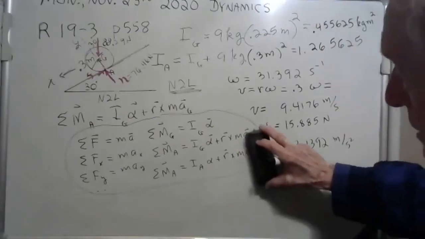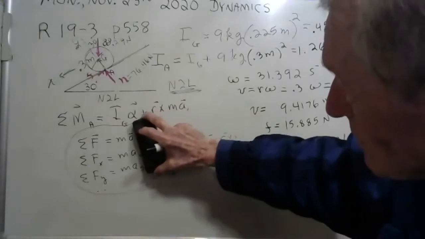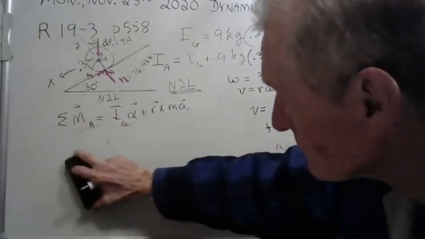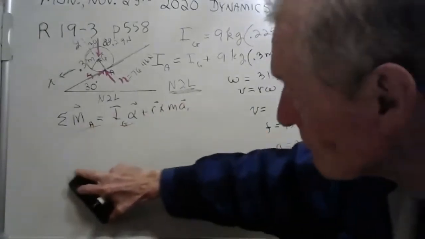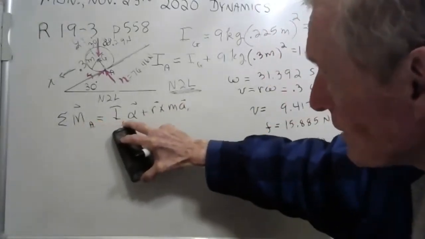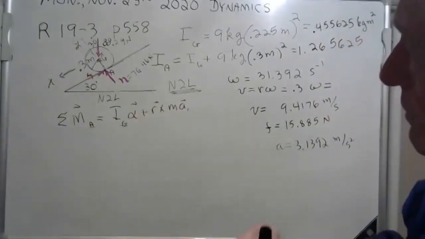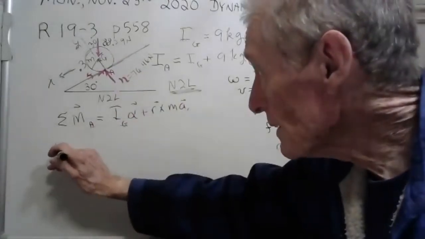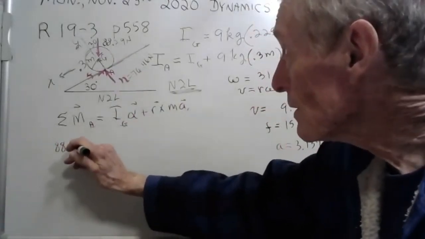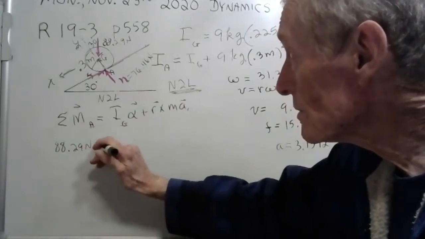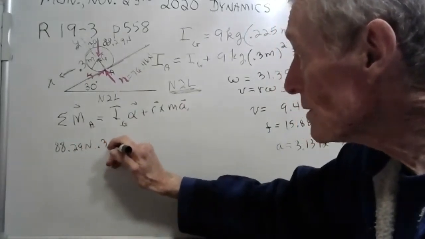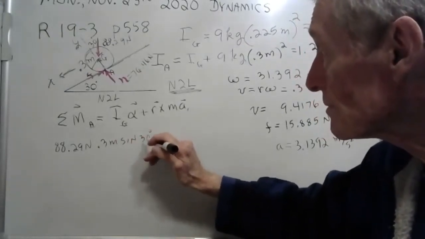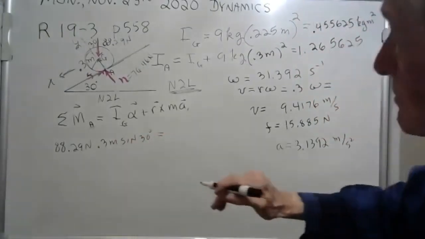Okay, let me erase all that. And let's plug in our numbers and see if this will work. Okay, sum of the moments about A. Now, what would that be? I think we've done it before. It'll be 88.29 newtons, 0.3 meters, sine of 30 degrees, equals